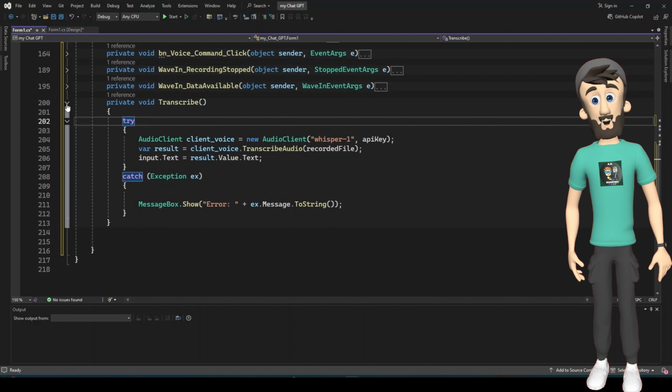Next, we send the audio file that we just recorded. This method uploads your voice and gets a transcription. Basically, it listens and writes down what you said. And just like that, the spoken words are now text. We insert the transcribed result into the input text box so the user can see it, edit it, or send